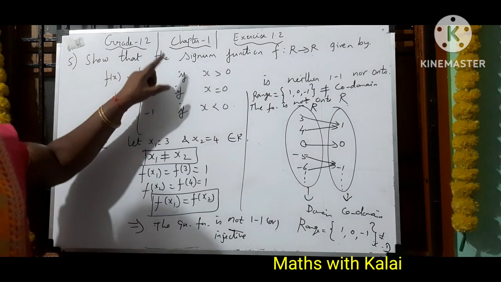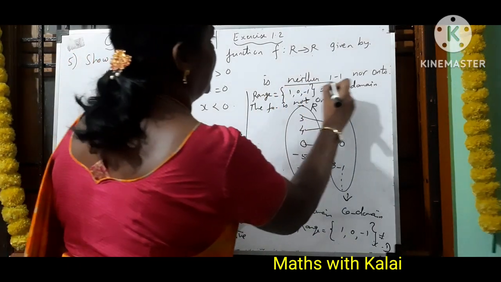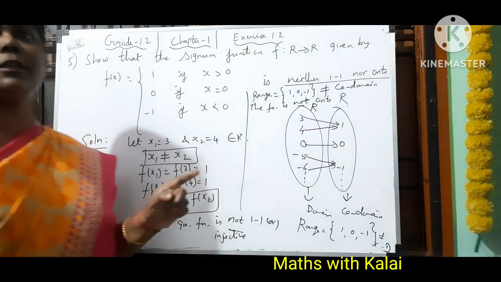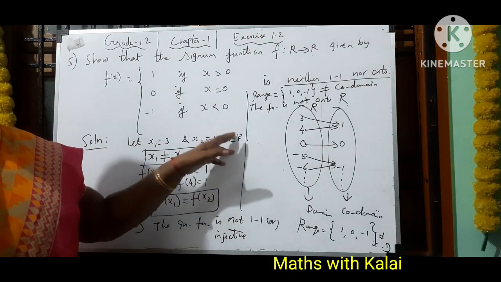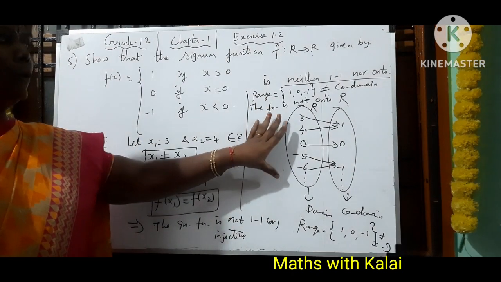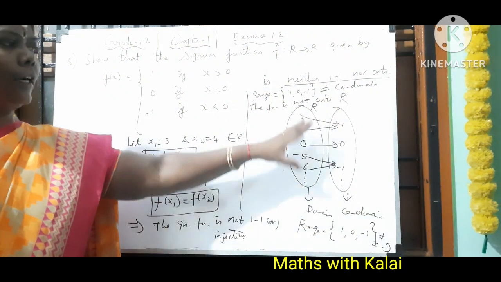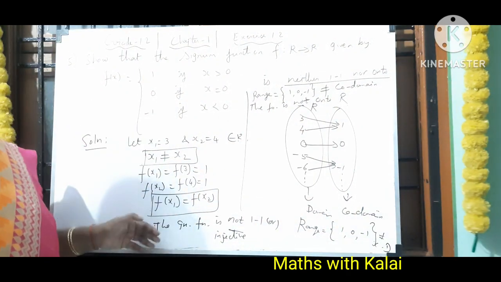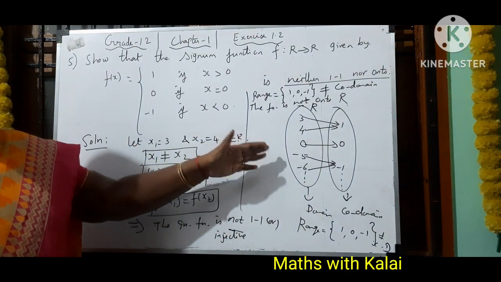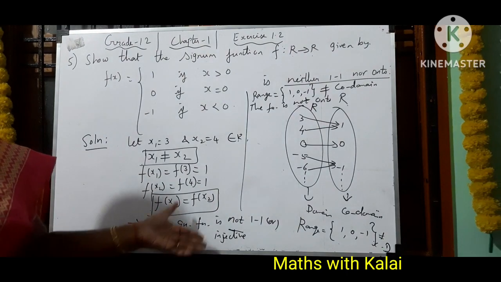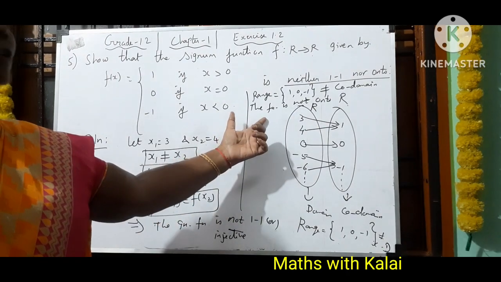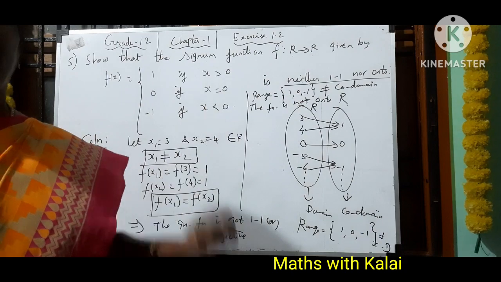So இத நம்ம ப்ரூவ் பண்ண சொல்லிருக்காங்க. Prove that the signum function is neither one to one nor onto அப்படிங்கிறது தான் question asked. So we have to prove it like this. By arrow diagram, you can show that it is many to one and it is not onto. By the definition which is given in your textbook, we can also prove that the given function is not one to one by using this, and it is not onto by using range is not equal to codomain.